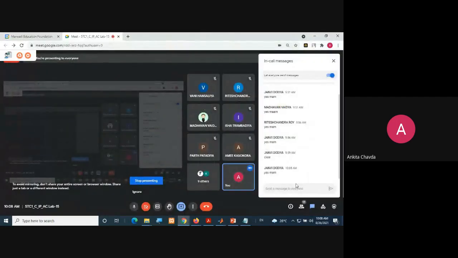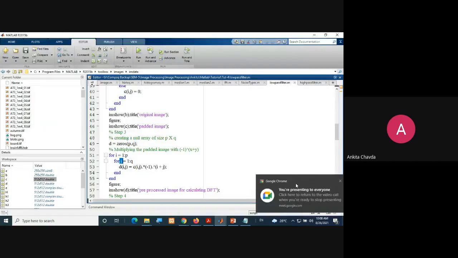Right? Any doubt till this? So we can move further. No doubt. Okay. Great. So here we are doing just minus 1 raised to i plus j.